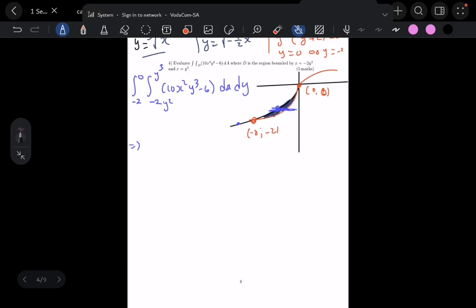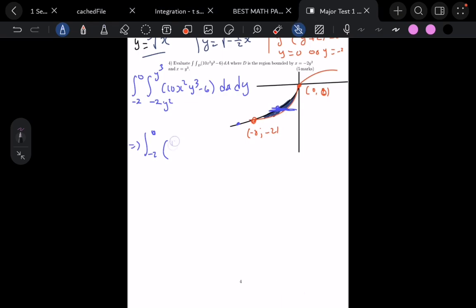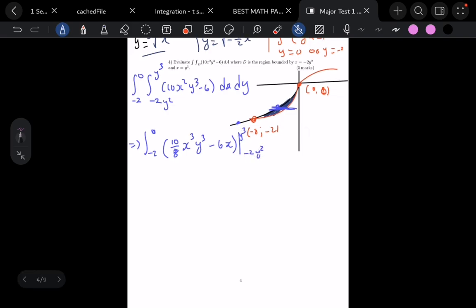So now you can integrate from negative 2 to 0. What is the integral of this in terms of x? I'm going to have 10 over 3 x cubed y cubed minus 6x, between x equal to negative 2y squared and x equal to y cubed. If you do the math correctly, from negative 2 to 0, 10 over 3, x is y cubed, so y to the power 9, y to the power 9 plus 3, it is 12, so I'm going to have y to the power 12 minus 6y cubed